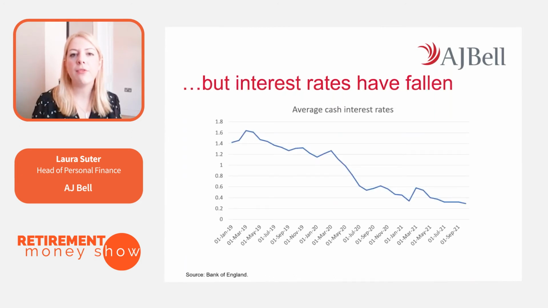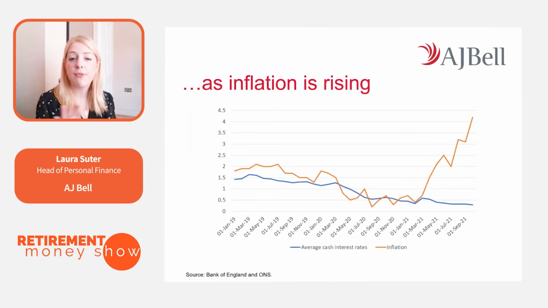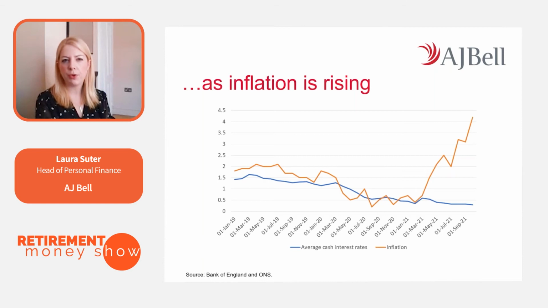However, during that time, average interest rates have fallen dramatically. There's some hope that they might go up, but they're certainly not going to go up dramatically in the near term. And what we've also got at that time is this slide showing inflation. The orange line here is what inflation is doing at the moment, sitting at about 4%, while interest rates are really low. What that means is that any cash that you've got is earning a loss in real terms when we take into account inflation. That doesn't mean to say you shouldn't be holding any cash, but it means that you need to really think about the cash that you've got in your portfolio and whether you have too much cash.